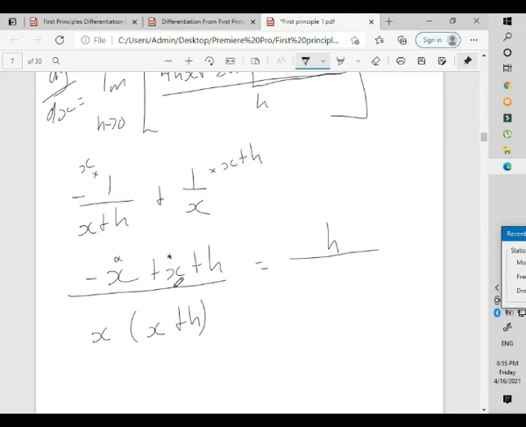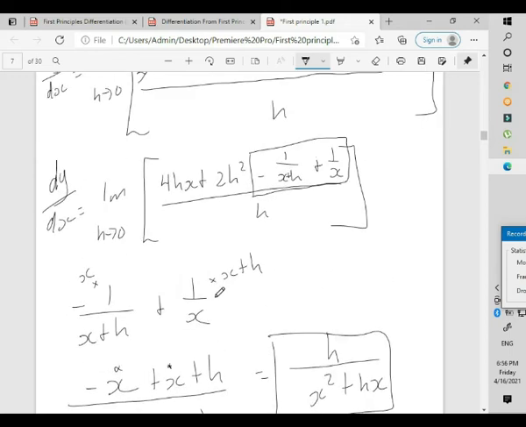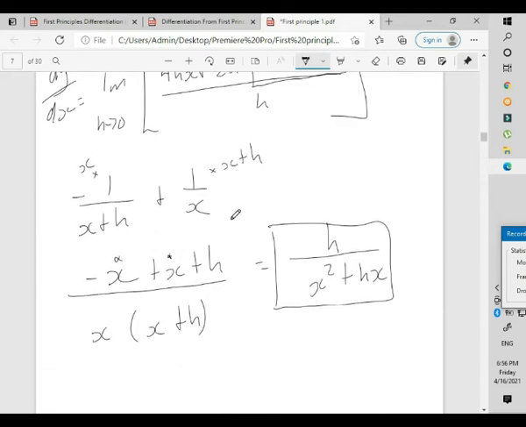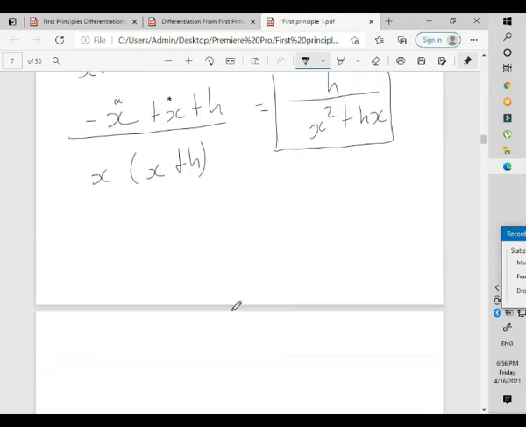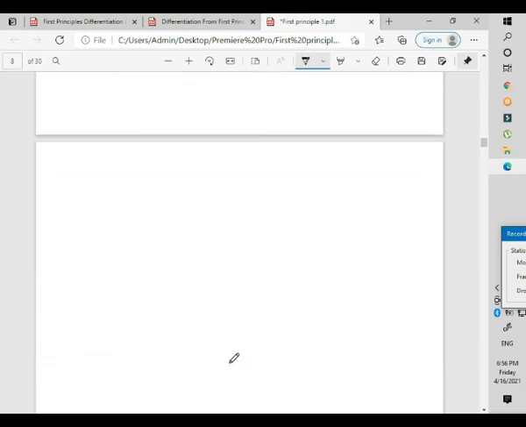over, I'm going to expand this here out now for simplicity's sake, the x squared plus hx. So if you notice here, I identified that it's going to be a positive h divided by x squared plus hx. Now I'm going to write everything together. So I have 4hx, 2h squared. So writing it all together, so I'm going to put all